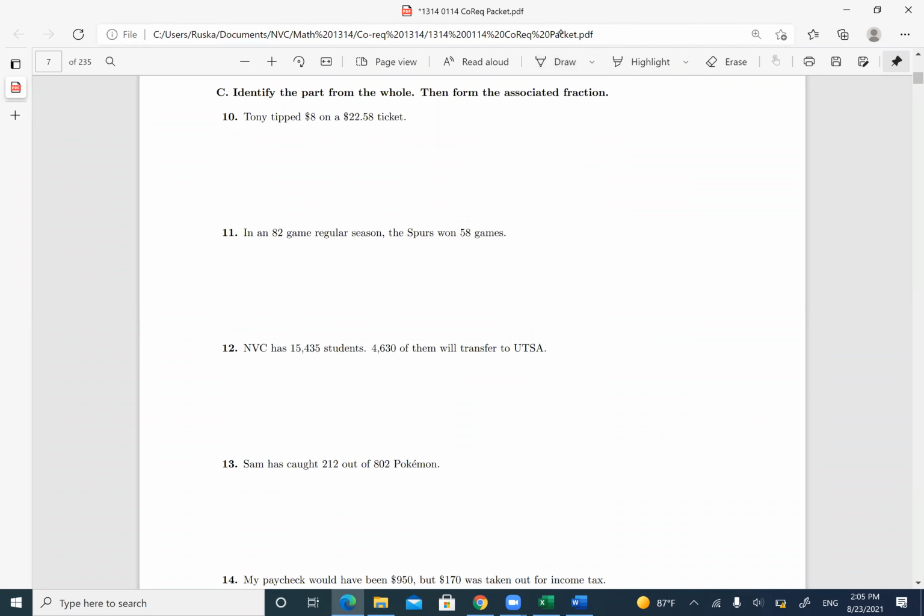That was Alexandria, right? Good job. Yes, absolutely right. So $8 is the part of $22.58. Okay, so this is the fraction. You can reduce this if you want, but we're just going to leave it. That's what they asked, just to form the fraction. So here we have,